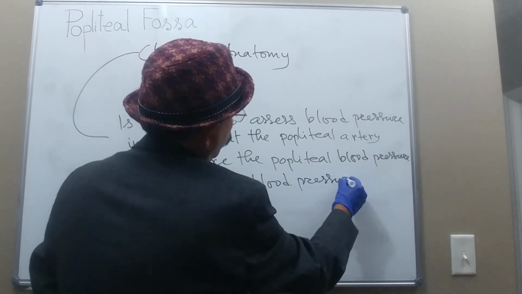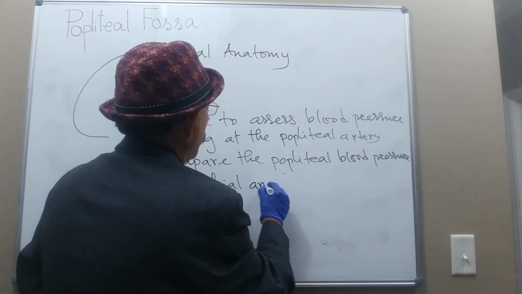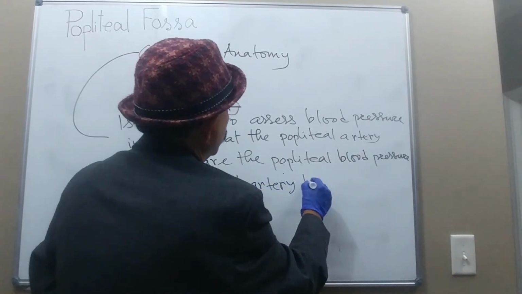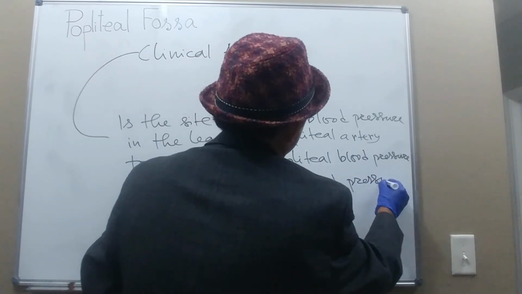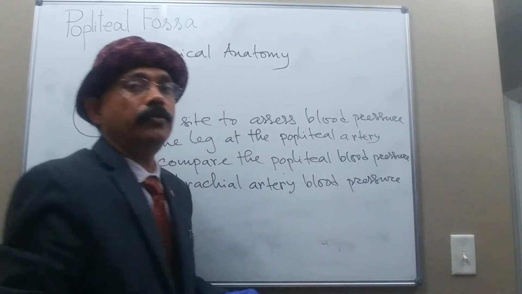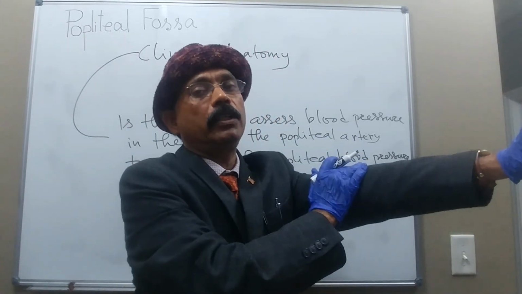So, brachial artery blood pressure. This is found, there will be high blood pressure in the brachial artery, low